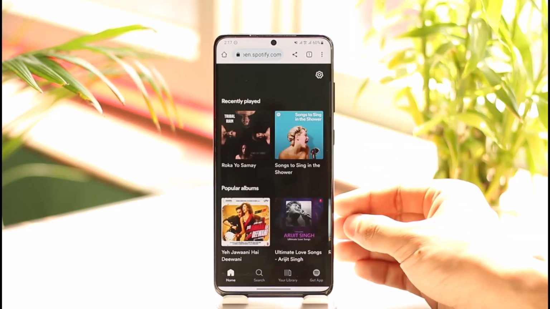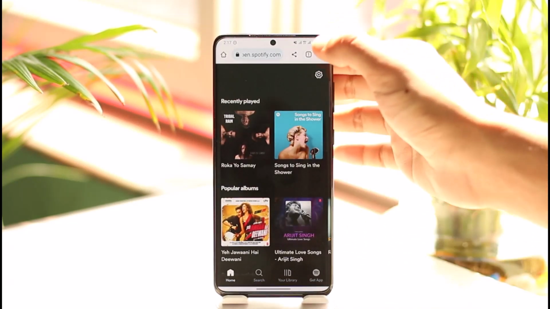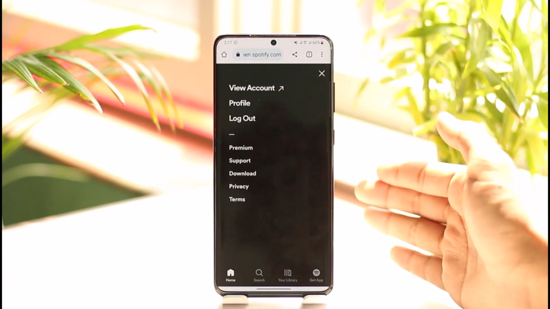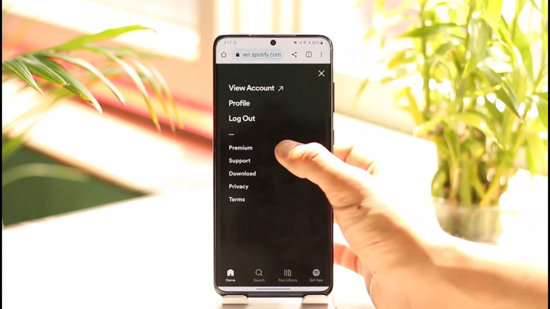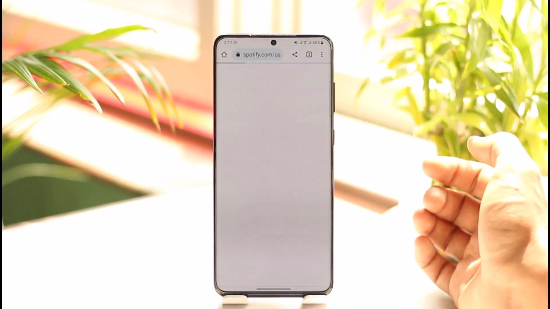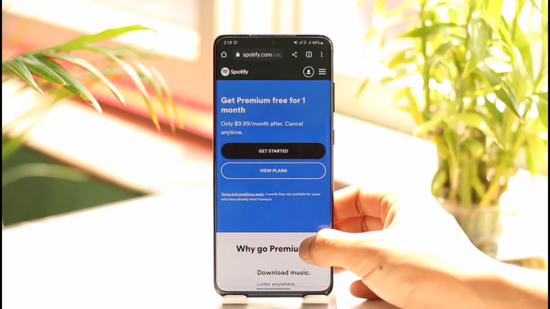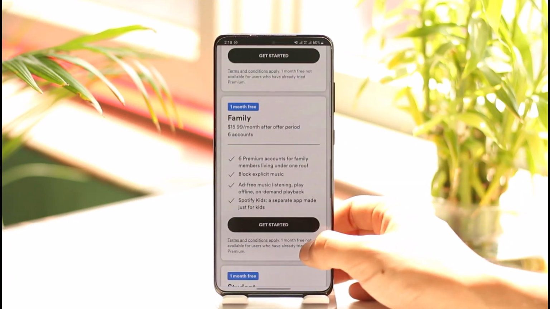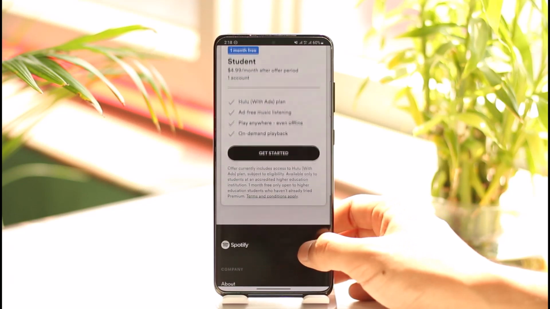Once you log into Spotify, you have to tap the gear icon from the top right. Now if you've not logged in, you'll find the login button. After you've logged in, tap the gear icon again. Tap the option called Premium. Once you go to Premium, you can see all the premium plans that are available. You can select the individual, duo or family plan based on what you like, and then select the option called